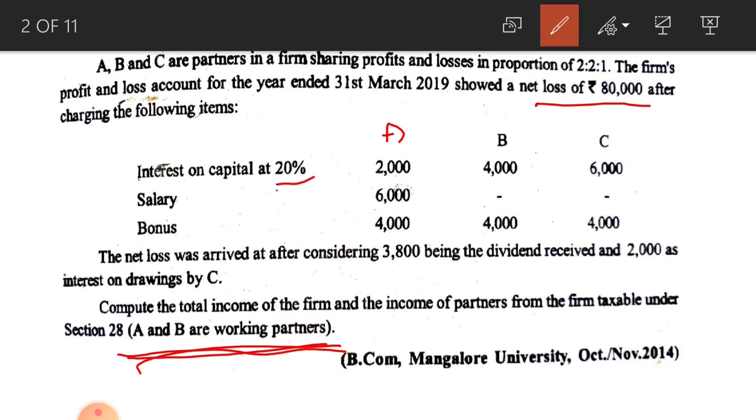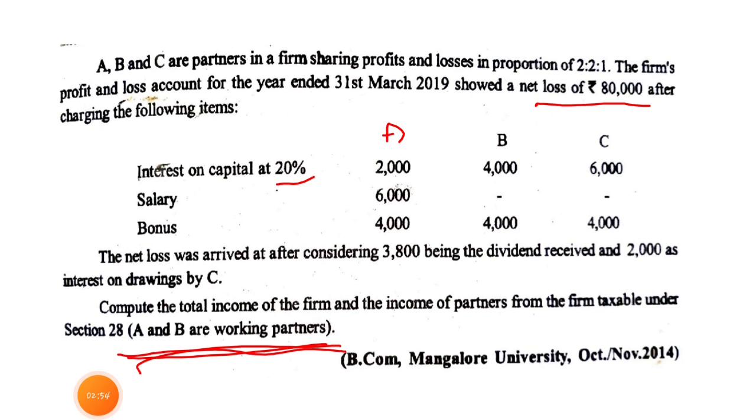See, the net loss was arrived after considering 3,800 being the dividend received. Here dividend received is actually an allowable item. Here dividend paid to partners, which is actually an expenditure to the company, which you already included in the net loss, which increased the net loss. Now you have to add that dividend received to the net loss to get the book loss or book profit,